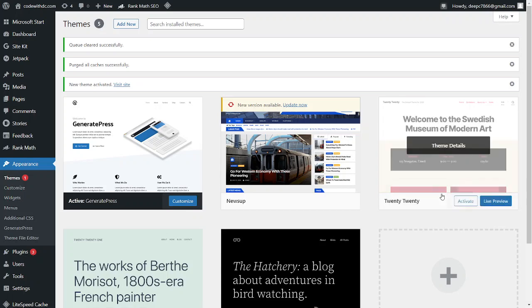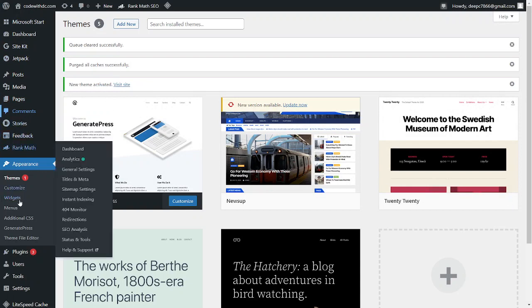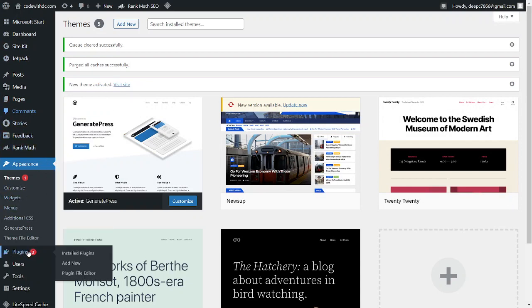So for that, first of all, you need to go to your WordPress dashboard to install the stories plugin. From here, you can go to Plugins. Here you need to click on the Add New button. After clicking on the Add New button, you need to search for